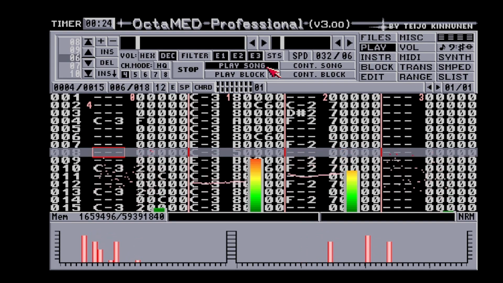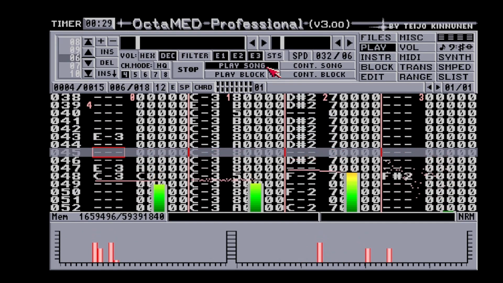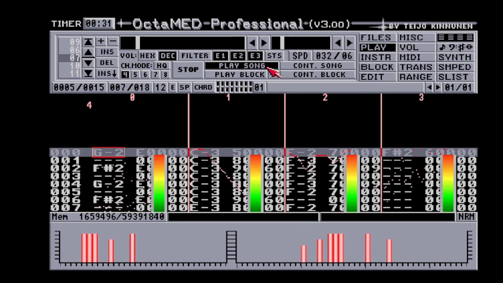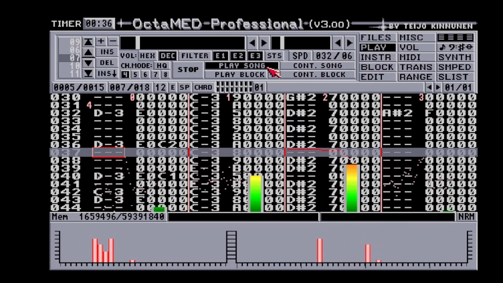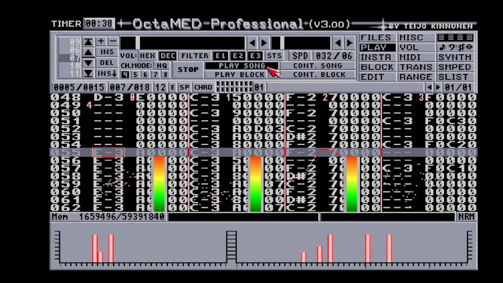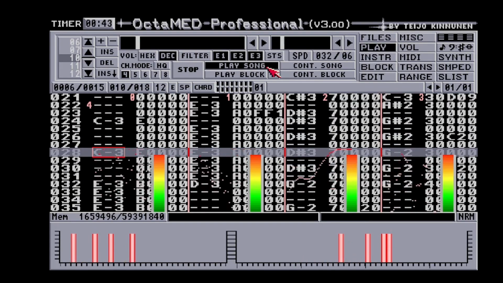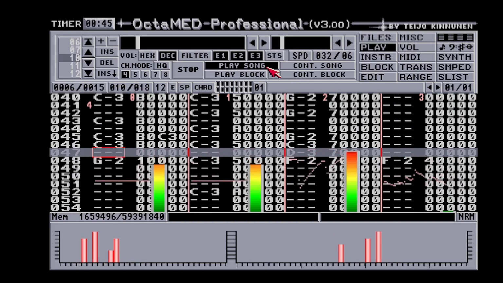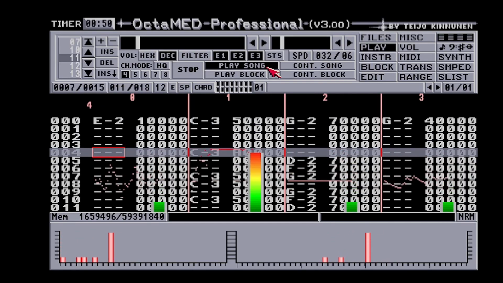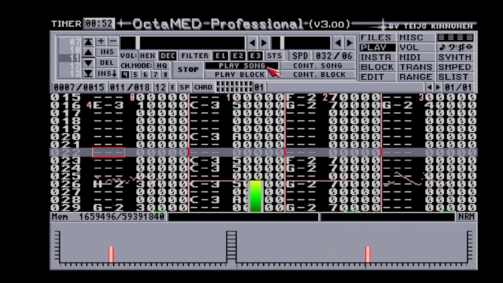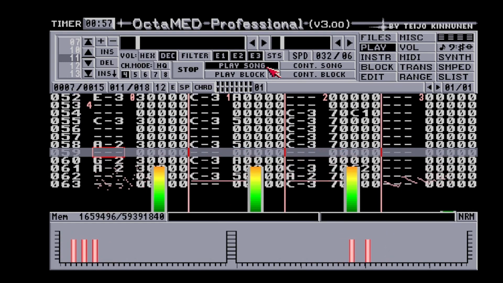Now, if you'll notice with these tracker programs, not only do you have to type in all the individual chords, you have to type C, D, and G alongside each other to make a chord. Then if you want arpeggio, voice changer, pitch shift, tremolo, you've got to type in the computer code for that, and you have to know hexadecimal in order to get these instruments working.